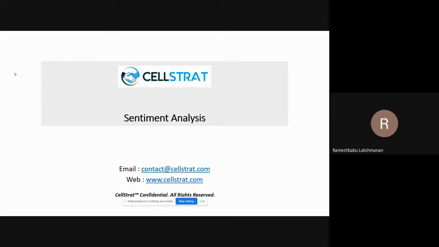Yes. What we are going to do in this session is take a simple data set, identify the sentiment from the data set using a DistilBERT model, which is from the Hugging Face organization. And post that, we will be focusing on how to deploy our model, which we built using sentiment analysis, into CellStrat Hub platform as an API. Okay, so